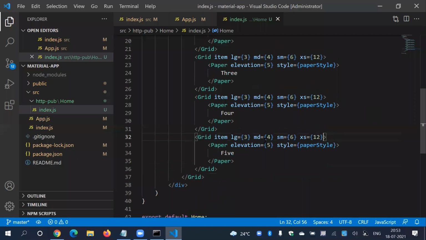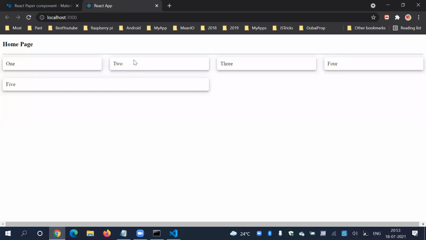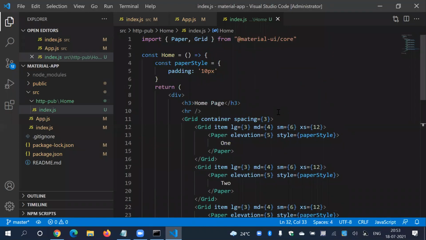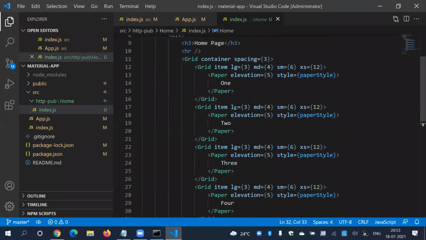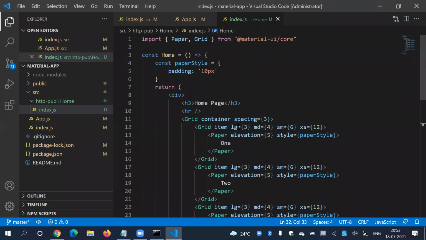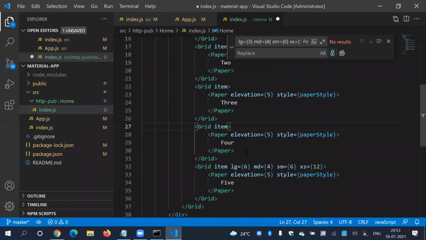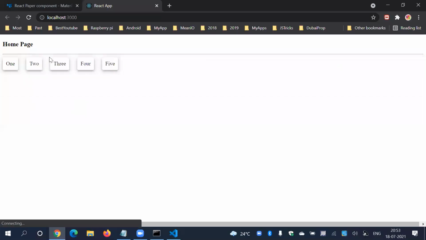And no, it is not required that you apply the same length. You can say for the last item, let's say 6. So here 3, 3, but the last item becomes a 6 in length. So this is almost like Bootstrap, and this is one basic example. Now let's remove this stuff from here. Control H, and I'm going to remove 1, 2, 3, 4, and the last one I'm going to remove manually. Yes, so there is no style, they are simply like this.